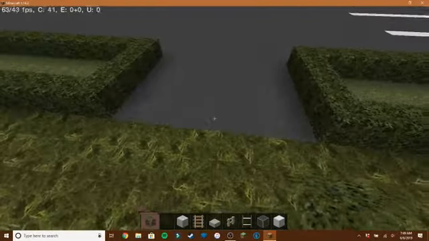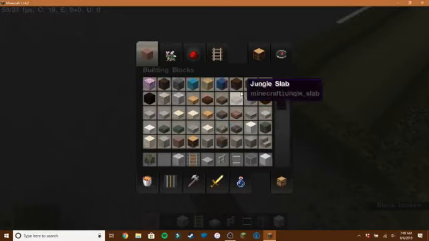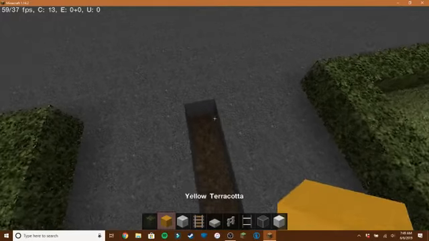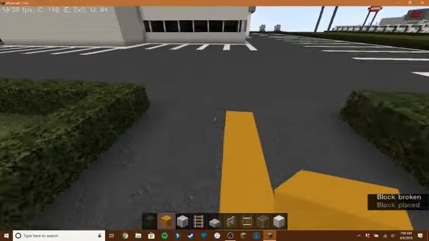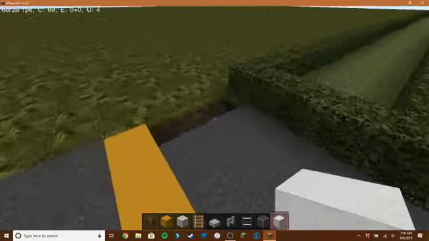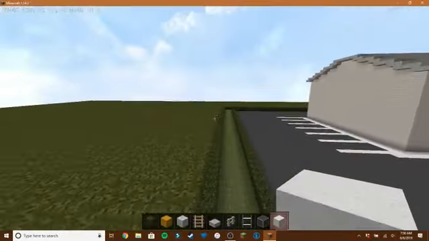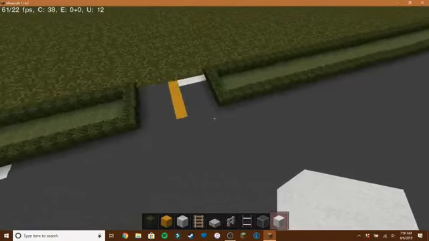And then here in the middle, we can do yellow terracotta, I believe, is what I usually use. And fill that in just like that. Right here, we can put the stop line with some white wool. And then we would have our secondary road going through here. Alright, now,